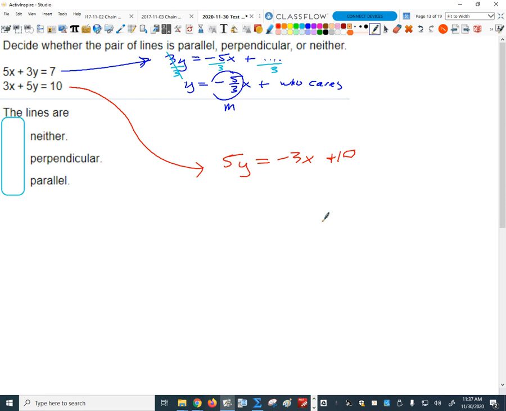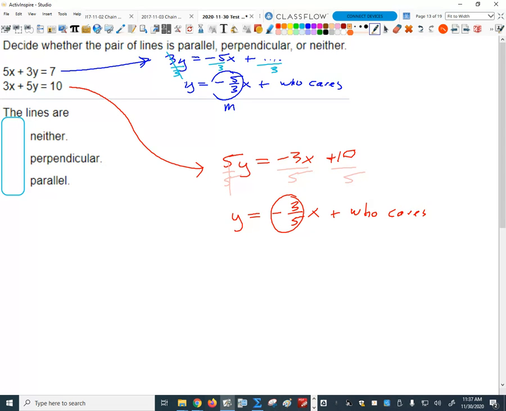Not that we care about the plus 10 part. And then we're going to divide by 5. Right? And that gives us y equals -3/5 x plus, who cares? And here's our other slope,